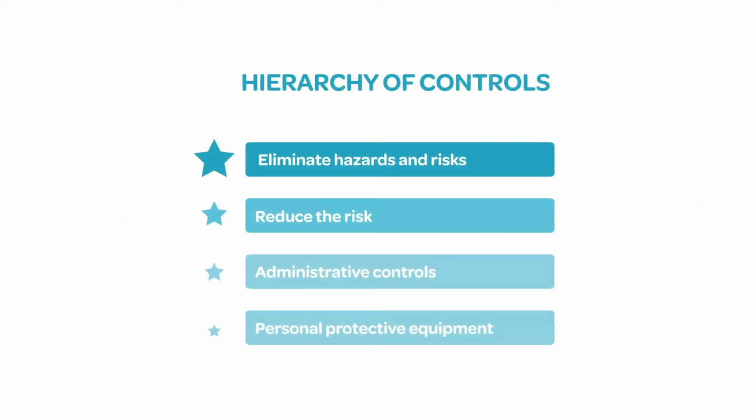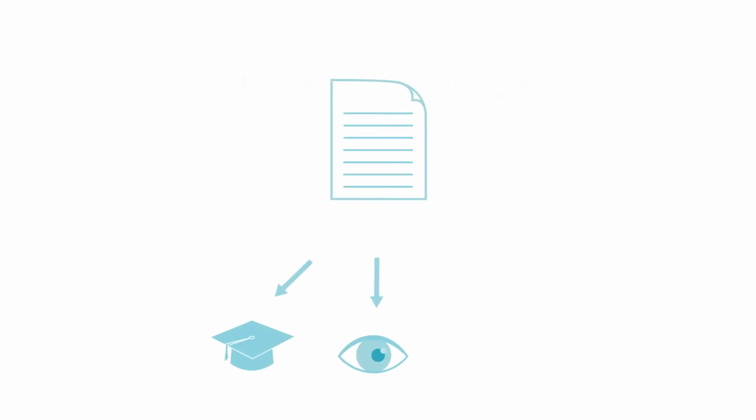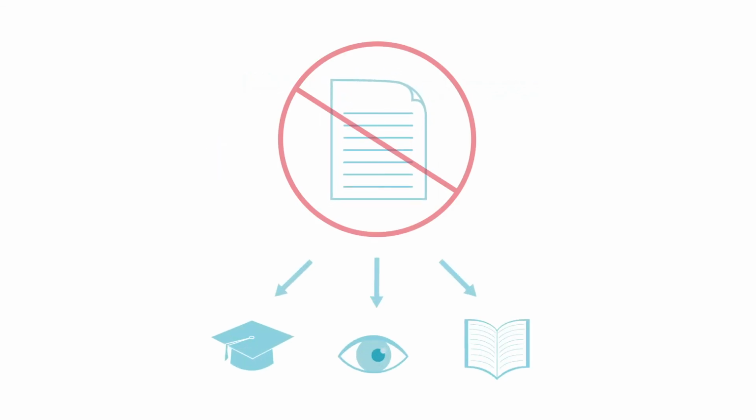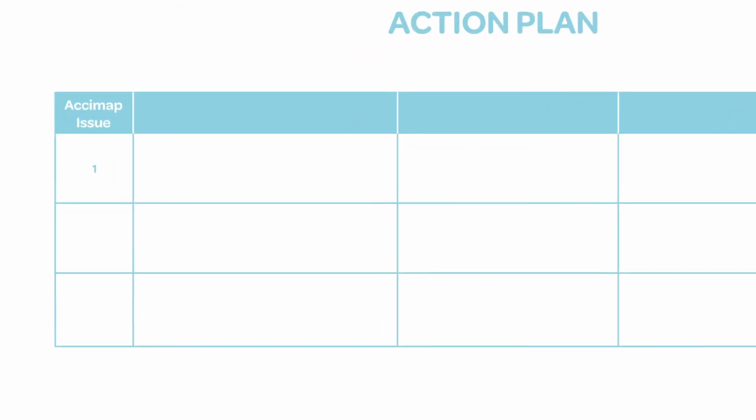Once you've developed your actions, use the hierarchy of controls to identify controls that will eliminate or reduce the risks, so far as reasonably practicable, as required by the OHS Act. A review that results in more training, supervision or changes to procedures is not likely to prevent future injuries. The PHIRES tool prompts you to develop an action plan including: